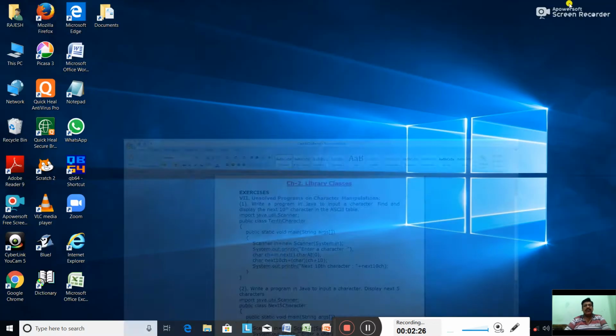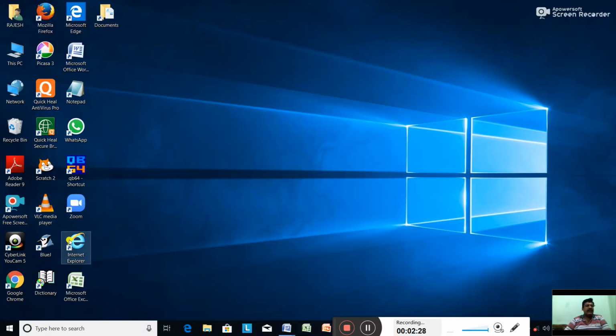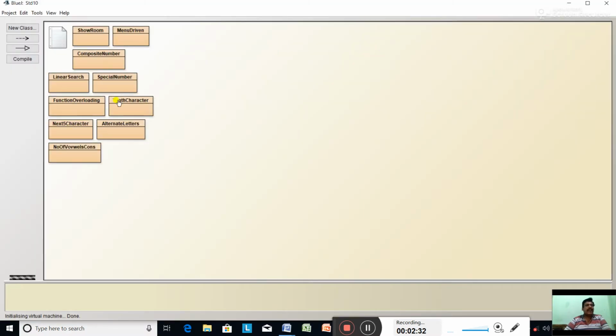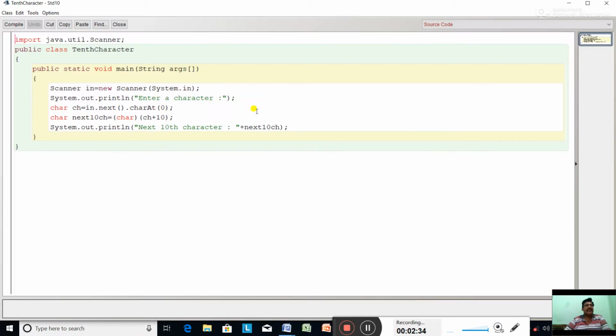Now let us see this program in BlueJ. See, public class Tenth_Character, System.out.println enter a character, char ch equal to in.next().charAt(0), char next10ch equal to char ch plus 10, and System.out.println next 10th character. Compile.